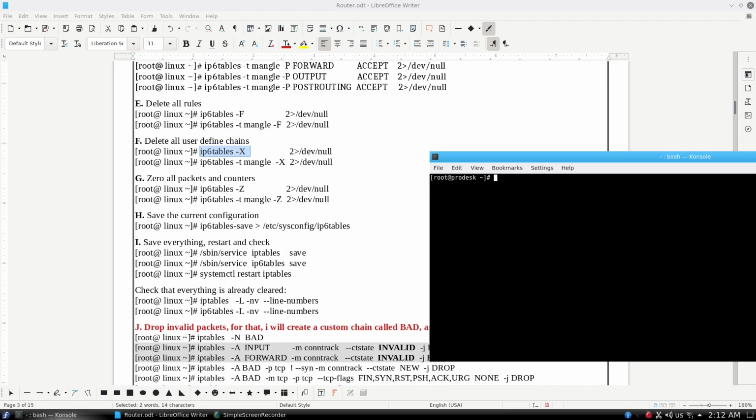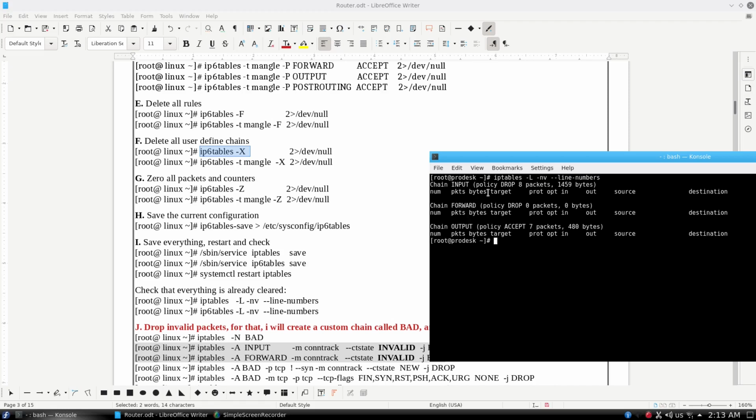To make sure that everything is clean, we can list the contents of iptables and ip6tables. List and the line numbers. So as you see here, nothing is there,